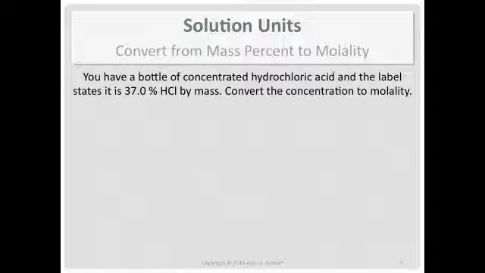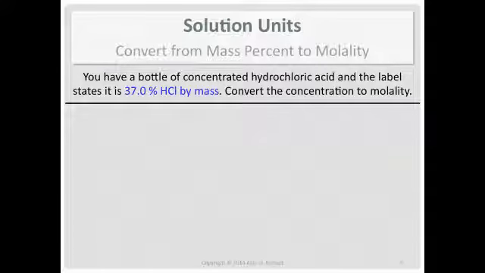Let's work on some definitions first. We're given the mass percent. So what's the definition of mass percent? Well, it's part over whole. What's the part? What's the whole? The part is the mass of solute, which for this problem is HCl, because it's HCl dissolved in water. And the whole is the mass of the solution, the whole thing. And since it's percent, we multiply it by 100. Percent means out of 100.